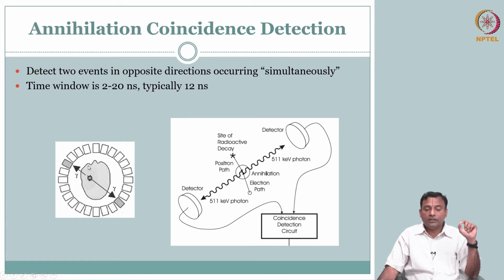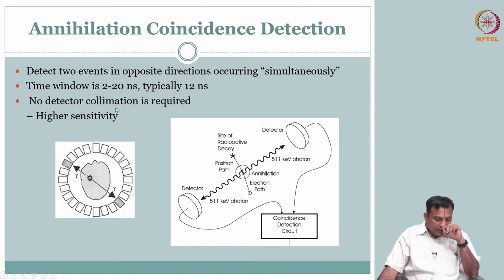So now because of this, I don't need to worry about my collimator. This circuit is going to help me get as much signal as possible. Among the photons that are detected, which are the true photons that we want to worry about? That is made sure based on this window threshold, and therefore your sensitivity increases way better.